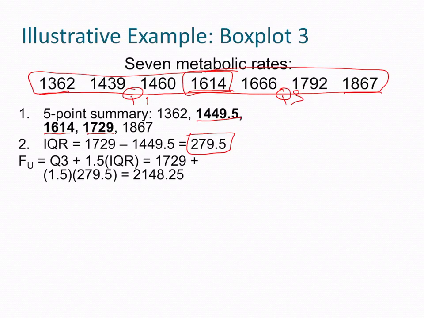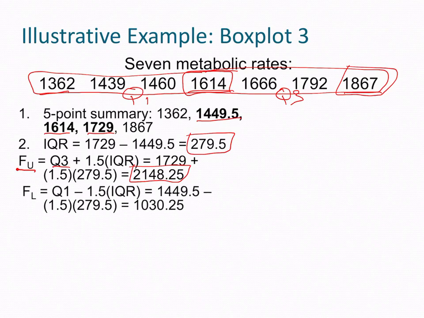To figure out our fences for our box plot, our upper fence, once again, is Q3 plus 1.5 times the IQR, which is going to be 1729 plus 1.5 times 279.5, which is going to give you your value here. When we look for the upper limit, we can look at our max value, and we can see that no value is above that limit. So then we calculate our